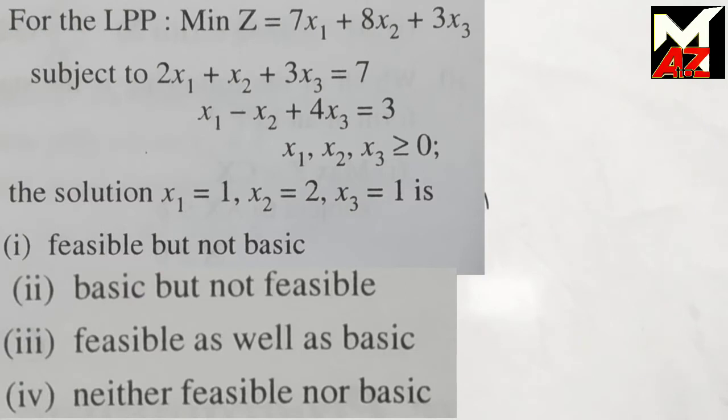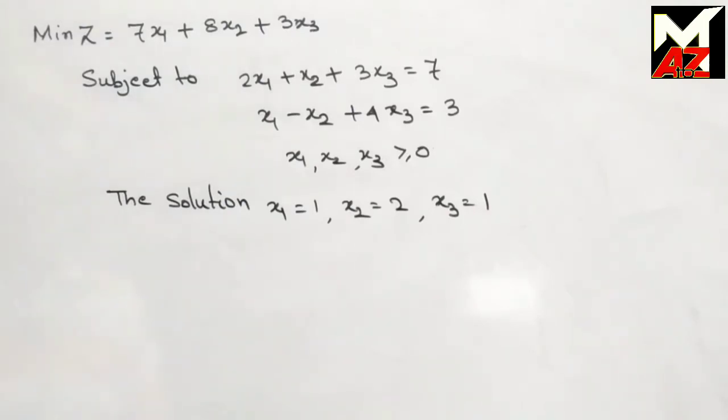The first question is, for the LPP minimize Z equal to 7x1 plus 8x2 plus 3x3 subject to 2x1 plus x2 plus 3x3 equal to 7, x1 minus x2 plus 4x3 equal to 3, with x1, x2, x3 greater than or equal to 0. The solution x1 equal to 1, x2 equal to 2 and x3 equal to 1 is: option 1, feasible but not basic; option 2, basic but not feasible; option 3, feasible as well as basic; option 4, neither feasible nor basic. Now the answer is clearly